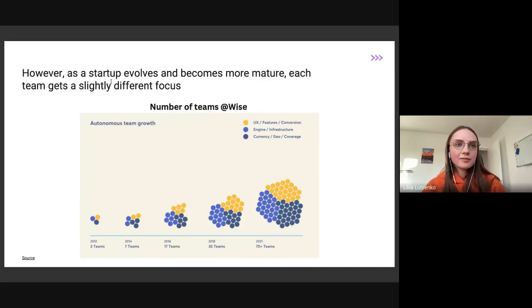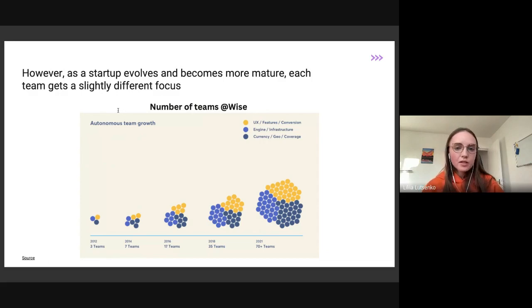However, we say on the other side, if we have one company or one team in our startup, like a startup can be small and there is one team, why should we have different metrics? Usually there is one metric. But then, for example, of Wise, this is open source data. They started with 3 teams, and then in 2021, it was 70 plus teams. The focus of each team is quite different. For example, we have send, spend, receive, invest teams. How can you all focus around one metric?